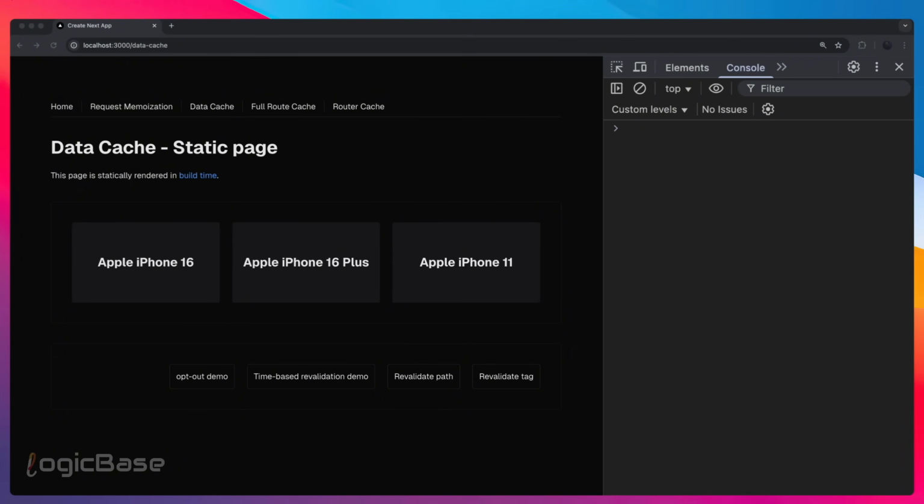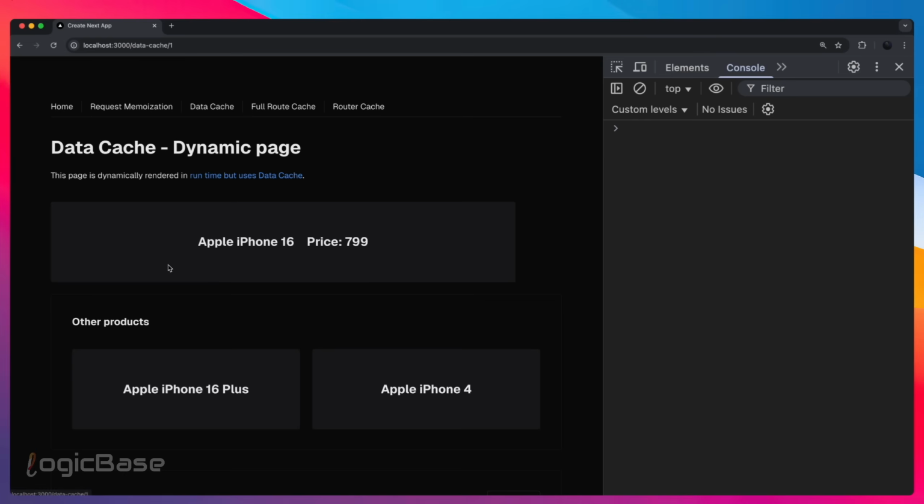Now, the final thing I want to mention is this: the data cache doesn't work only with static pages. You can absolutely use data cache with dynamic pages as well. Let's look at an example of that. If we click on any product card on this page, you will see the URL becomes /datacache/1, meaning this is